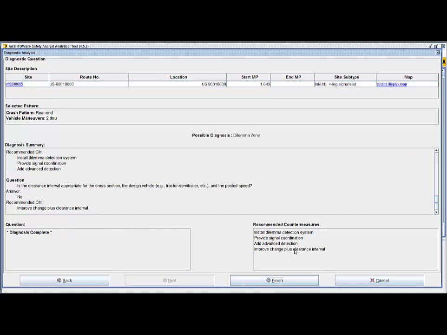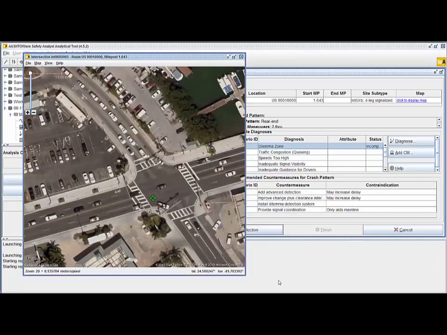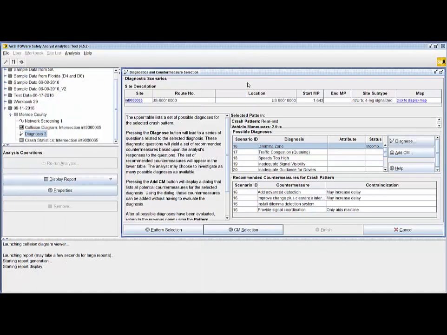And the next recommended countermeasure is improve change plus clearance interval. And the diagnosis is complete, and let me hit finish. Let me close this. Based on this diagnosis, safety analysts recommended four countermeasures, and there are contraindications for a few countermeasures as well. If I want to, we could continue evaluating the different scenarios to come up with all